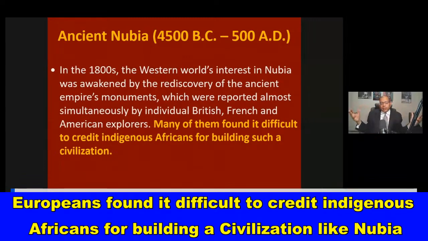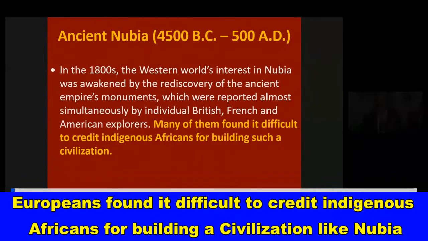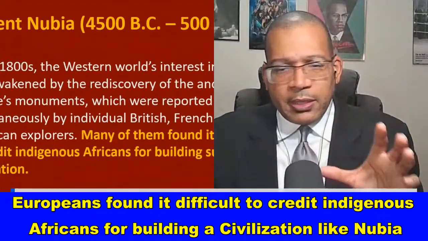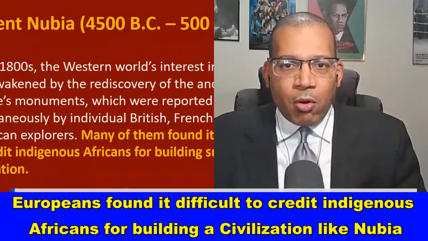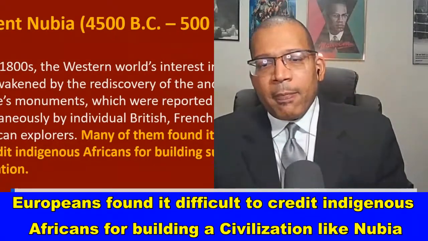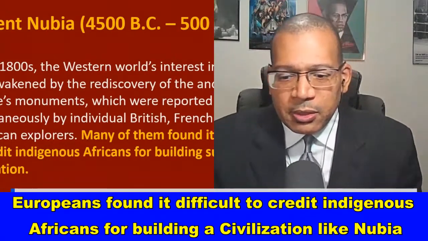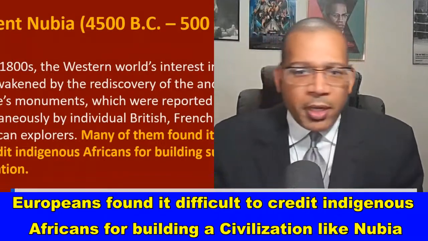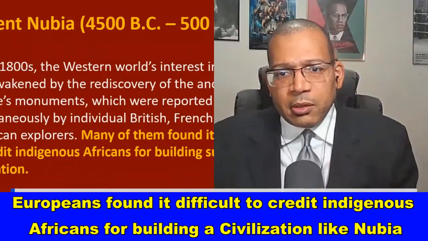So they tried to say that the Nubians were white as well, just like they tried to say that the ancient Egyptians were white. Some of the archaeologists said the ancient Egyptians were brown-skinned Caucasians or something like this, or they tried to say they were Semites, anything but black Africans. They could not admit that these were Negroes. They could not admit that these were black Africans. They had to be Semites, brown-skinned Caucasians, biracial, triracial, something like that.